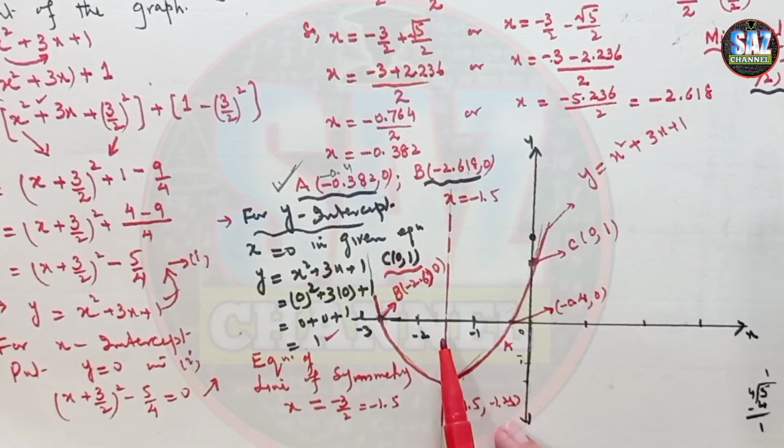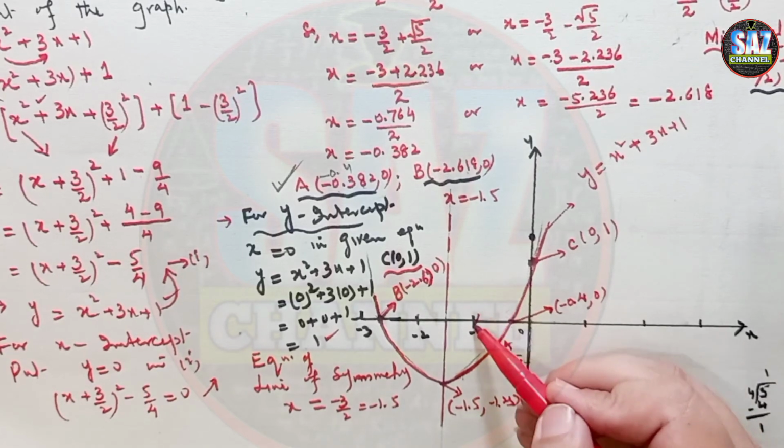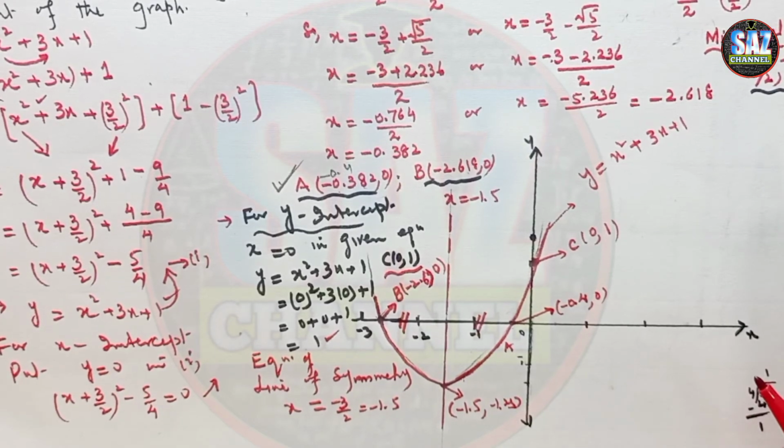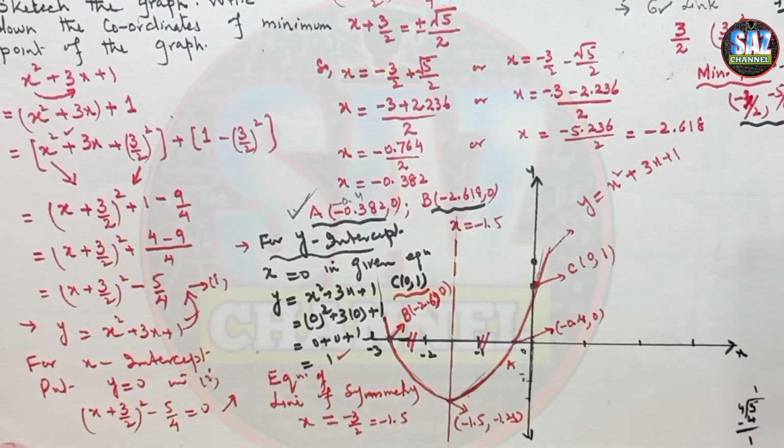And do observe that this is 1.5 on this side and 0.6 on this side. So this distance has to be equal to this distance. This is the role of the line of symmetry. Students, I hope you're really clear about the sketching of quadratic graphs in different forms, either when the equation is expressed in middle-term breakage form, or in the perfect square identities form, or in the form of the completing square method.